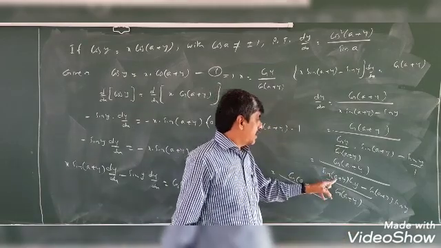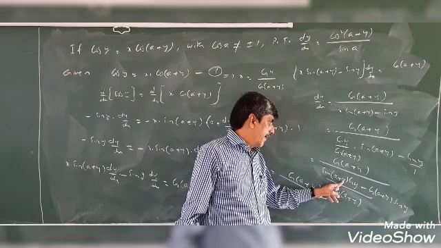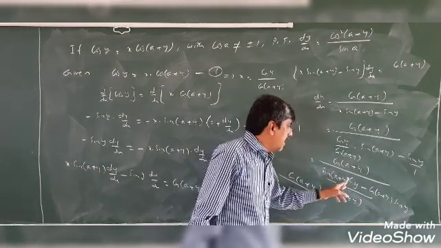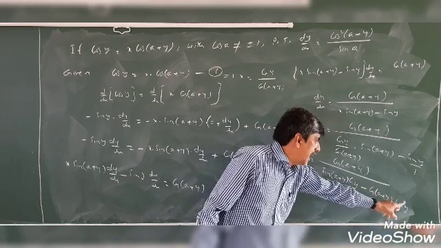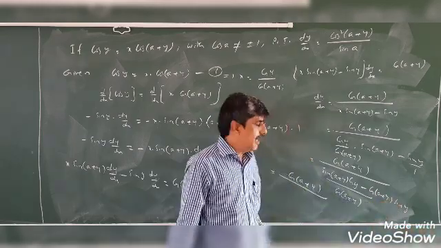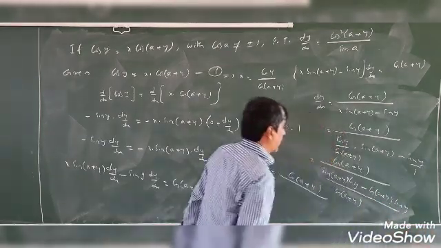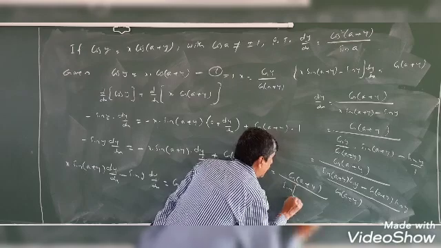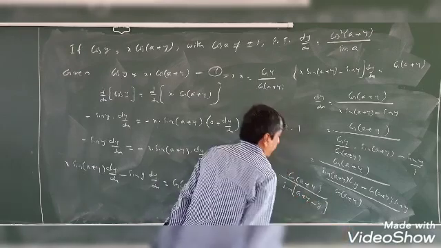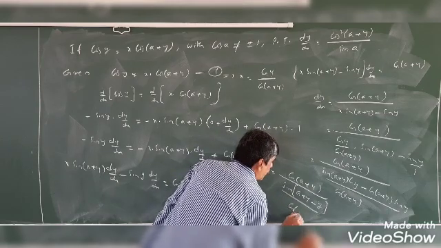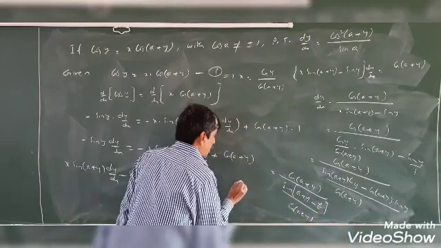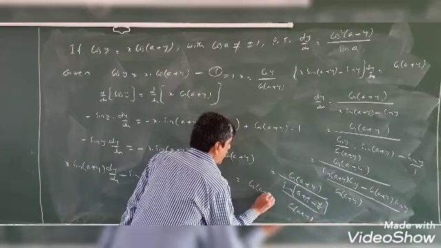So take (a plus y) equal to a, and y equal to b. Then it seems to be the formula sin a cos b minus cos a sin b, which is the formula for sin of (a minus b). Means sin of (a plus y minus y). Here plus y minus y gets cancelled, so this is nothing but cos of (a plus y).